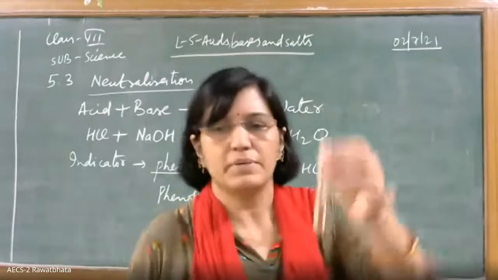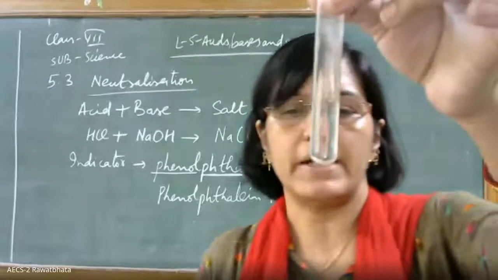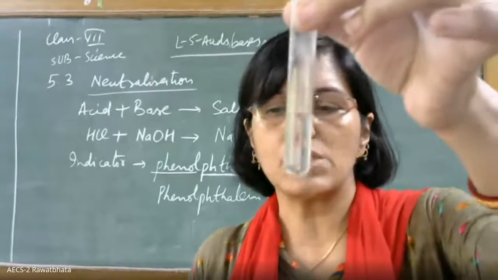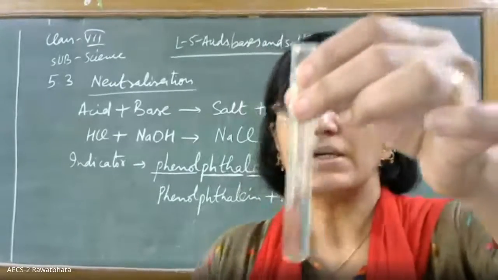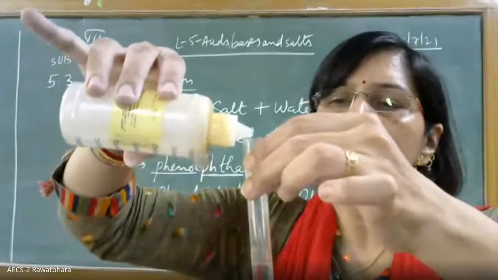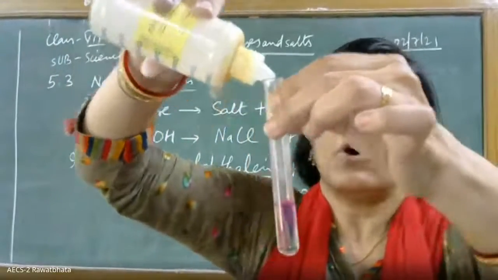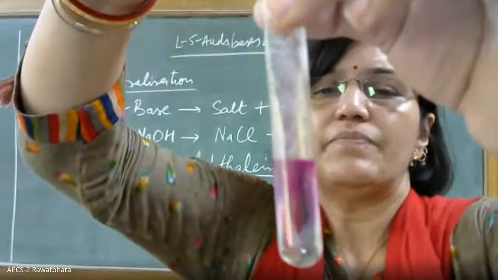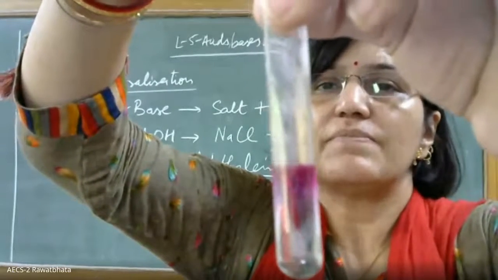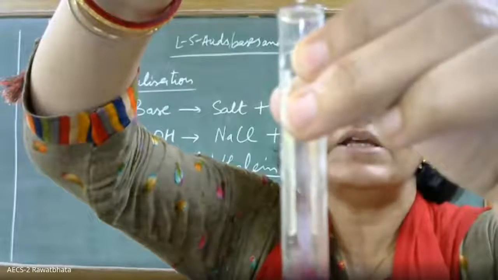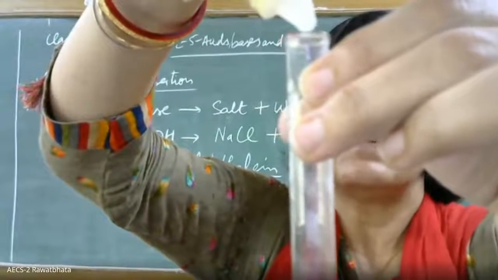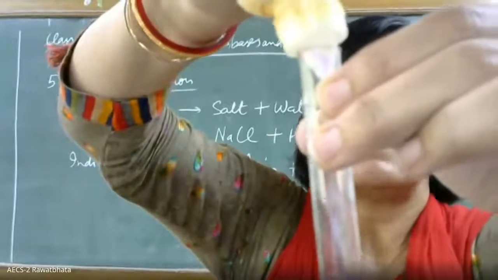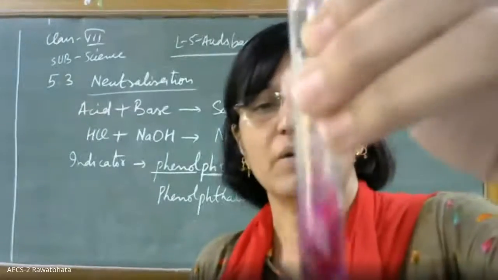I have taken dilute sodium hydroxide in this one. Hydroxide means a base, right? And to that base, let me add phenolphthalein. Phenolphthalein is also a transparent solution. Can we see the color change? Yes, phenolphthalein, ma'am, is actually colorless, right? And let's see, adding it more and more, let us see what color comes up.